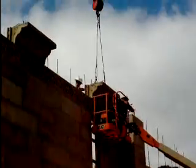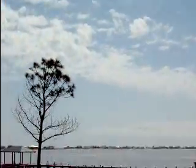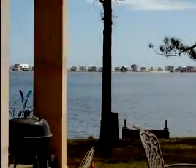so everything's level and even. Oh, that's unusual to have a plane flying by here. We don't get many planes. It's probably one of the Navy jets practicing. It's a gorgeous day today. Started out a little misty, but